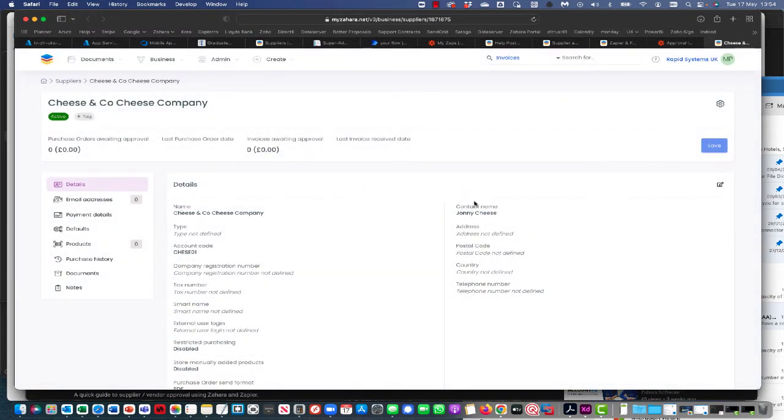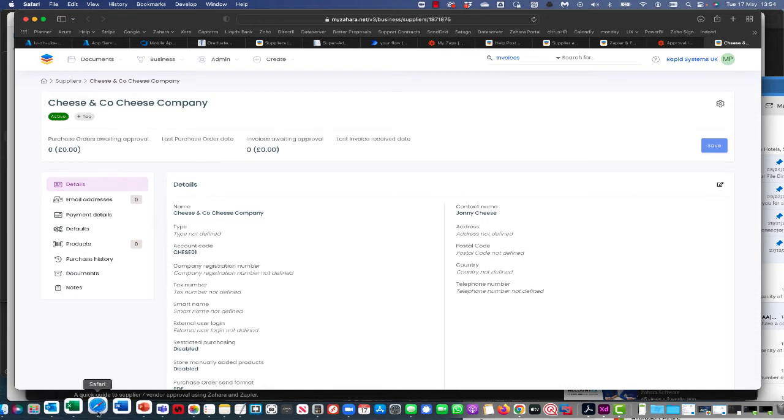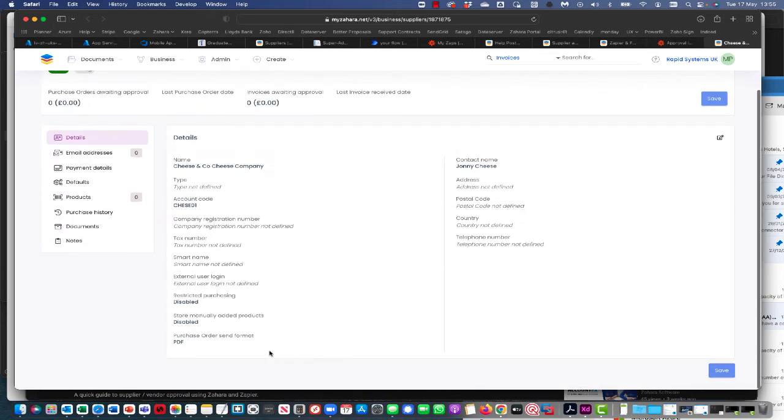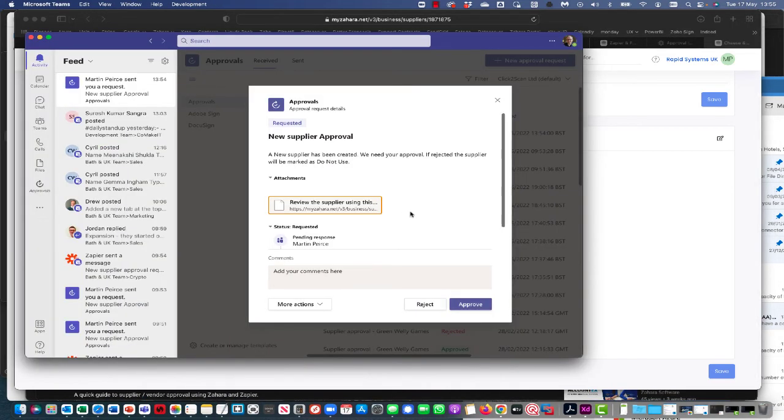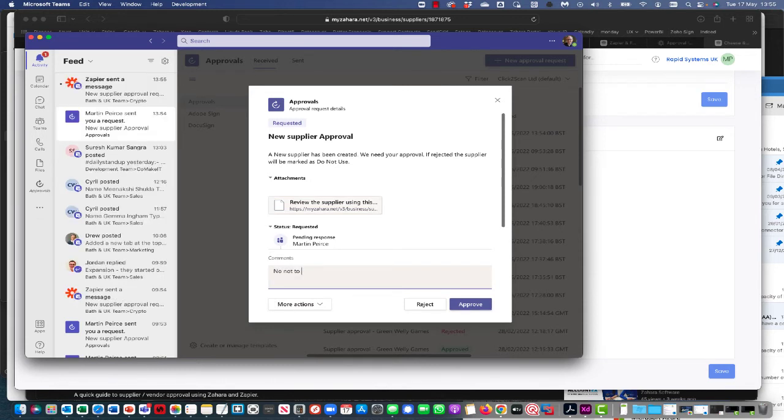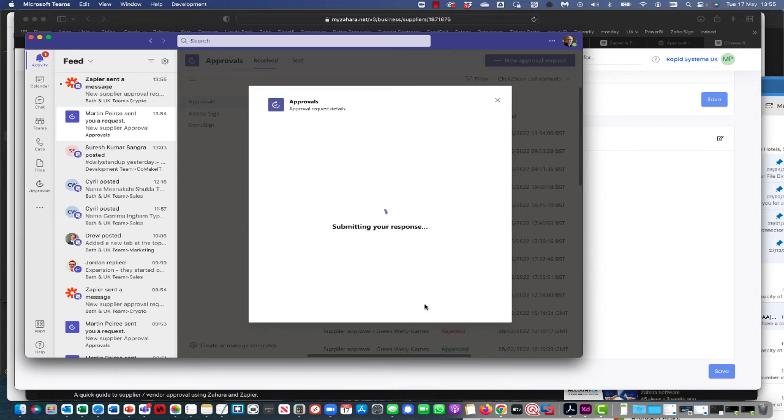Cheese Company, that's fine. We go back to, so I do my due diligence, I investigate why this person inside the business has created a new supplier. We've given them the permission to create suppliers, but we're looking to validate this to make sure that it's valid. They've not got their mate in to repair something or something along those lines. So I found something wrong with it, so I'm saying no, not to use, and I'm going to reject it. So I'm submitting my response here now,